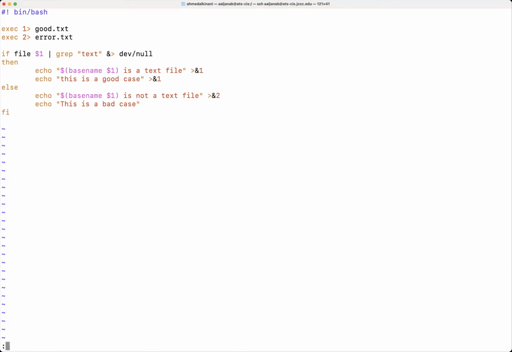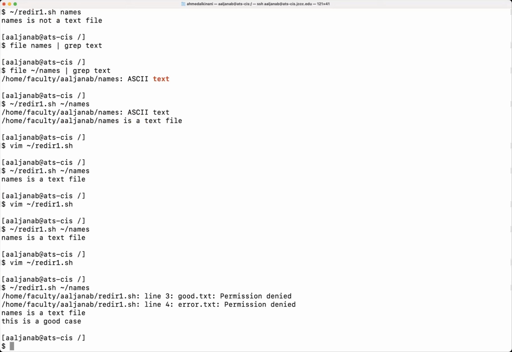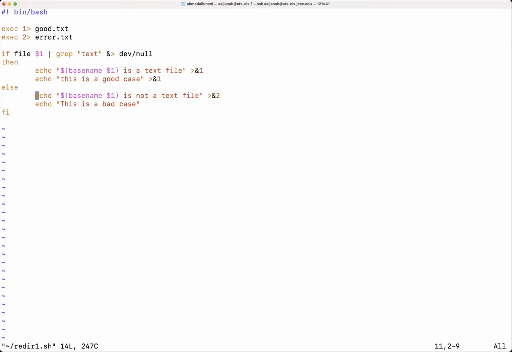Now let's get out of here, :wq. Let's try to run it again, and let's see what's going to happen. Oh, permission denied. Of course, permission denied. Let's just go ahead and fix that really quick. I don't have the authority and the permission to create any files in the root directory, so I need to actually specify where I want to create those files. Of course, I can create them only inside my folder.